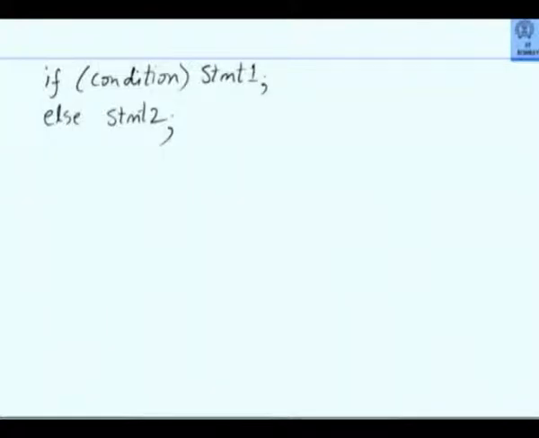But suppose you have to do many things. If x greater than y, do this, do this, do this, do this, else do that, do that, do that, do that. Then how will you write? Curly bracket, because of the C++ rule that whatever you write in a curly bracket pair is one statement.